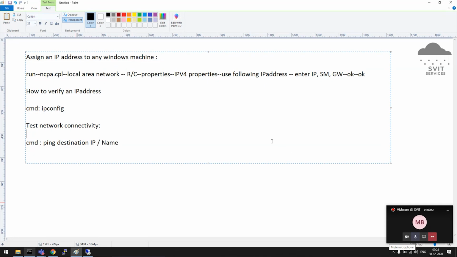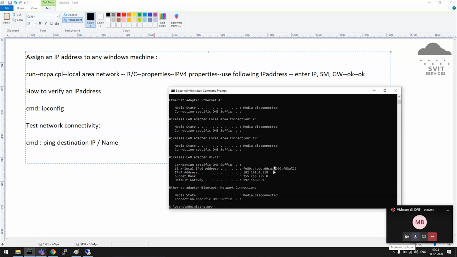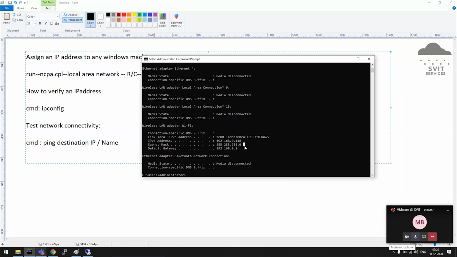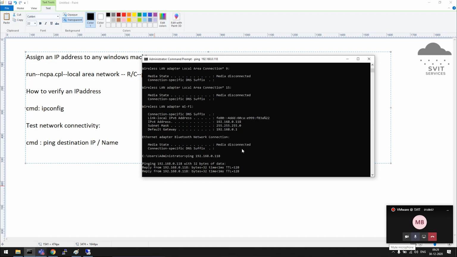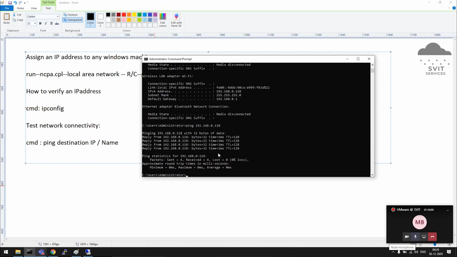So if you are sitting at this machine, I have been assigned an IP address called 118. If I ping the same IP address, it will always work, because it is accepted from that machine to that machine's IP address. It will show you the value like this. Once you type ping space IP, if it replies with a TTL value, that means there is connectivity. That means this machine is reachable. But I am doing it from this machine to this machine only, right? Sitting in front of this machine, I am testing this machine's connectivity.